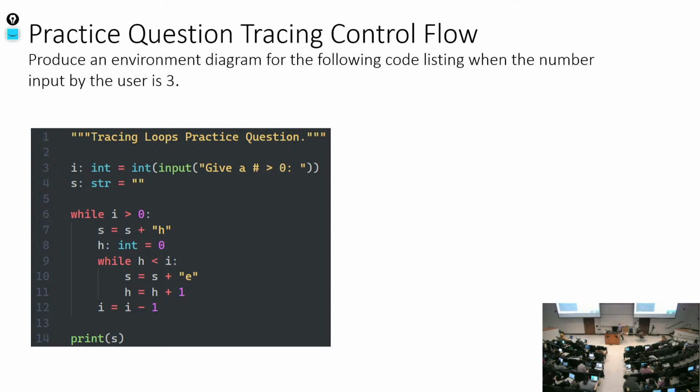And again, these slides are on the website, so if you have a tablet and you prefer to write that way, that's totally fine. Otherwise, I would encourage doing this on pencil and paper. Let's spend a few minutes on this. We'll have UTAs around the room if you have questions and want to talk through things. Additionally, work with your partners, introduce yourselves, and we'll come back in another 5-10 minutes and talk through this together. Assume that the user input is 3 on line 3.